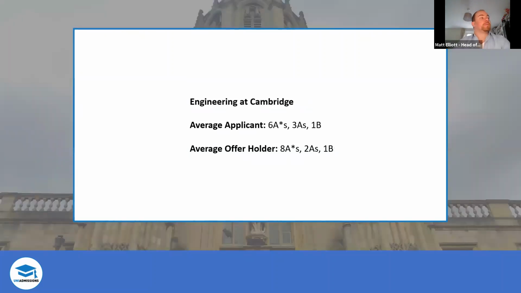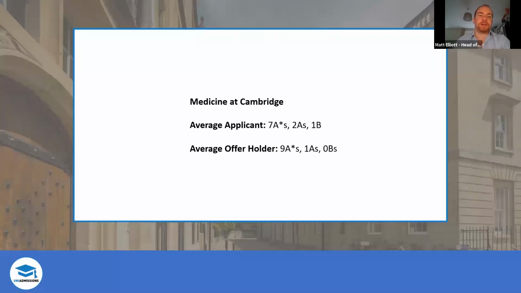Engineering, again, we see really good, but not crazy results. We're not talking about 10 A stars. And if you're looking at 4 A stars, which are now 8s, unfortunately I don't have this data with the new numbers converted into it, you're looking at, say, 6 8s, 3 or 4 7s. That's going to be enough for you to have a really competitive application. So if you're only coming in with, say, 4 or 5 8s, that's not the end of the world at all. There are literally hundreds of people who are getting offers with that sort of GCSE performance.